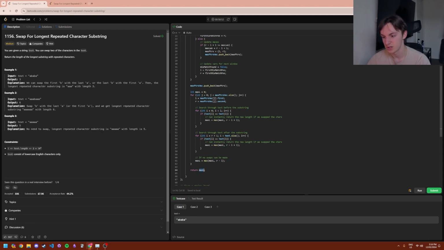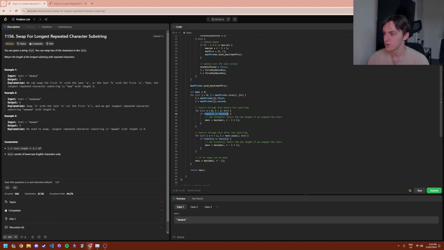Otherwise we would just return the max one. So all we do for that is iterate through the max pointers, and we set the pointers to be the first and second, which is just setting our window, and then we go through 2 different for loops to the left of the window and to the right of the window, and if we ever come across a character that's equal to text L,